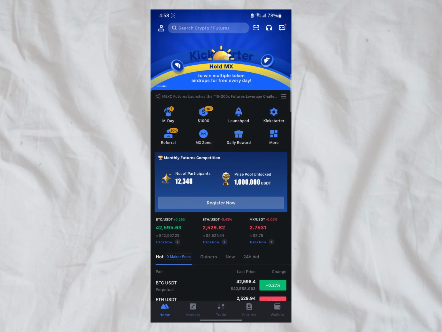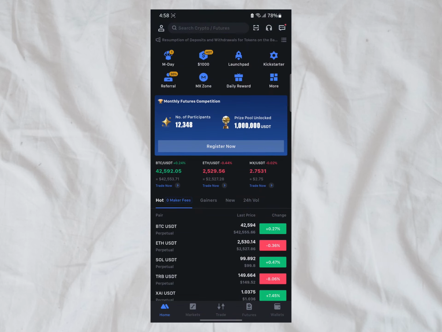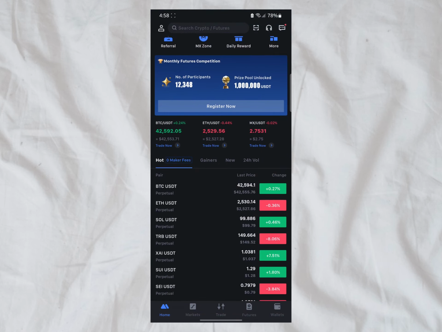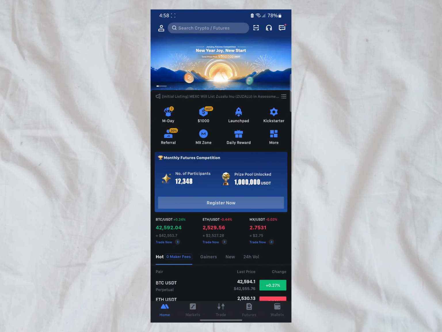In today's video, I'm going to show you how to trade on MEXC futures. It's very easy compared to the MEXC desktop application, which might seem a little bit cluttered and somehow difficult to navigate for first-time users. So on the MEXC mobile application, the first thing you want to do is to fund your account,